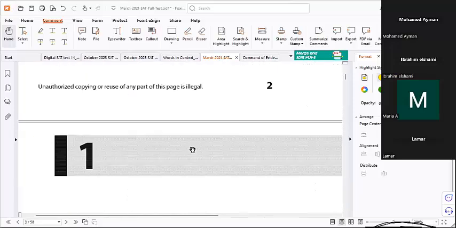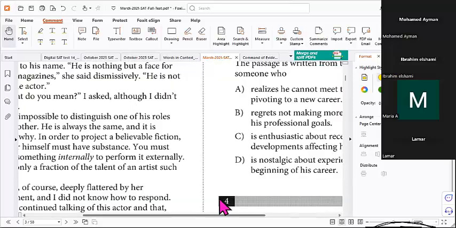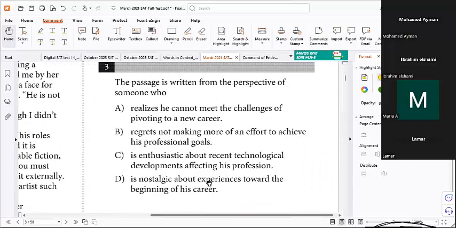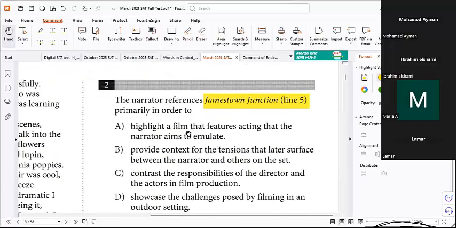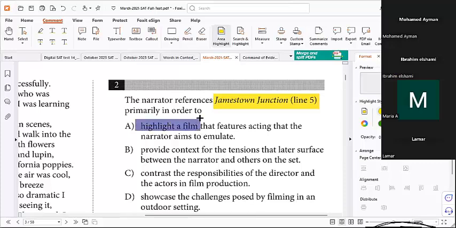Okay, here we have 4 choices. Which one do you think could be possible? A, B, C, or D? Oh, wait. We are here. The narrator references Jamestown Junction, line 5, primarily in order to... What is the reason? To highlight the film? Or